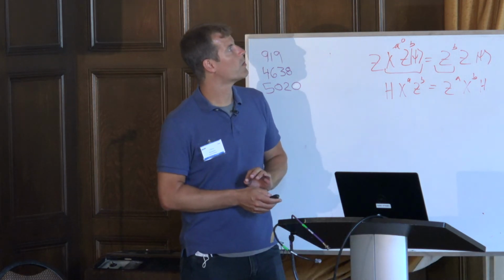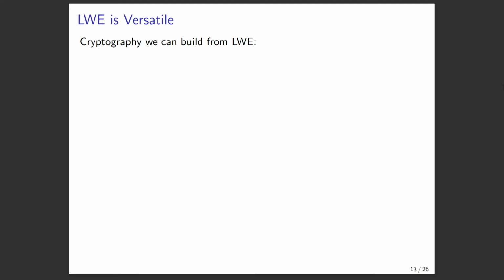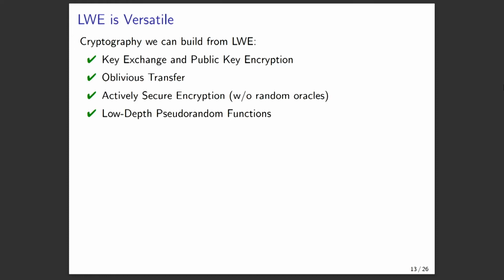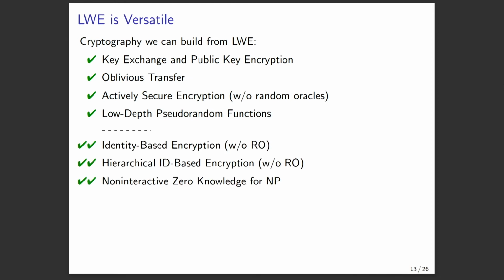Okay, so LWE since 2005, I guess it's been like 17 years now or something. Super versatile, built hundreds of cryptographic constructions from LWE. All the basic bread and butter cryptographic objects like public key encryption, oblivious transfer, chosen ciphertext secure encryption, if you know what that is, pseudorandom functions, basically all the ordinary tools in crypto. And then we can do some more exotic things like identity-based encryption and